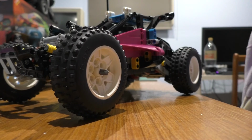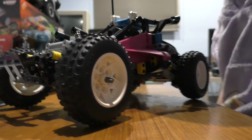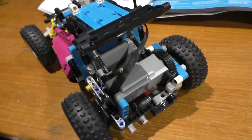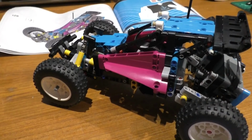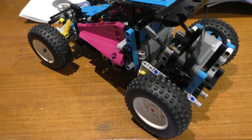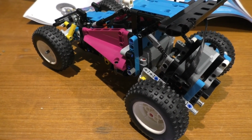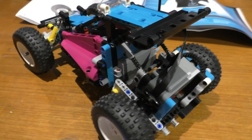Alright, some little extra pieces, bits and bobs floating around, but I think it all came together pretty well. Alright, in part 2 we're going to drive it, so let you know how it goes then. It was a bit of a longer build, this was very finicky,